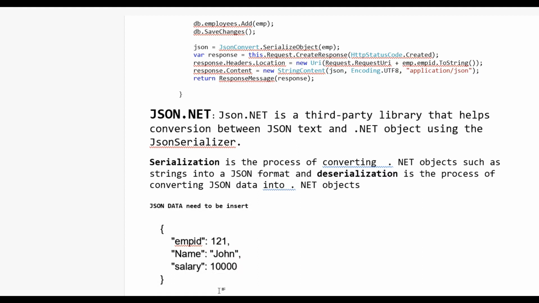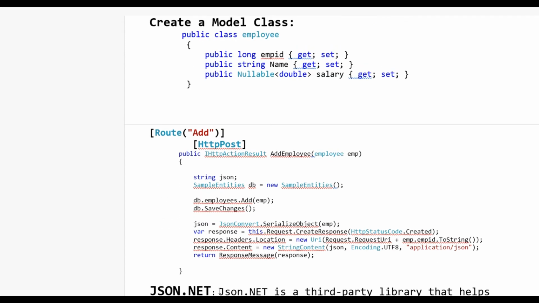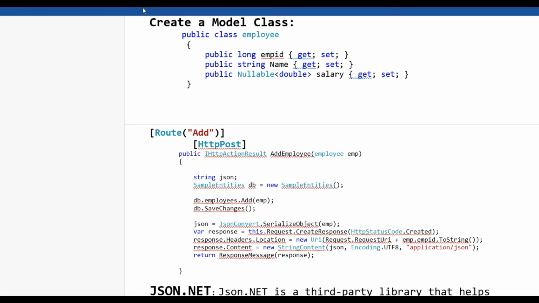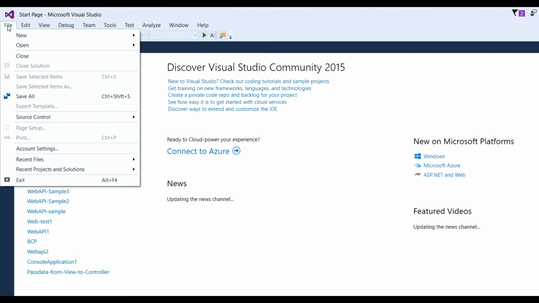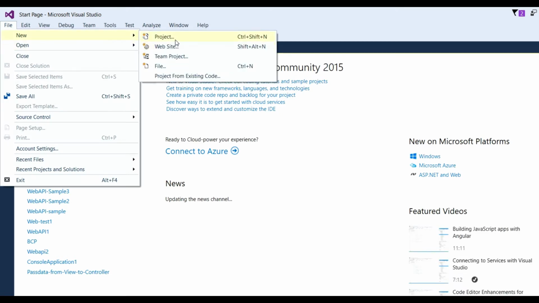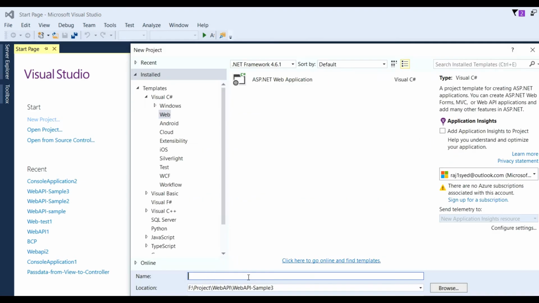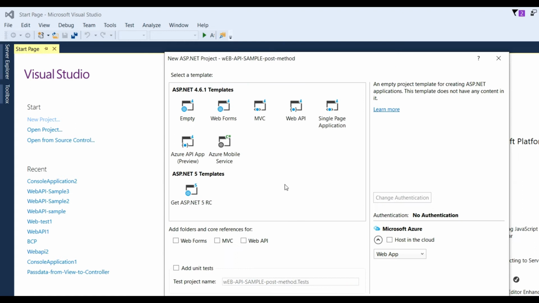Now how do we create a POST method in web API? Let us see. Open Visual Studio, go to File, New, Project. Name the project WebAPISamplePost and click the OK button. You will get a form to choose a template; I have chosen Empty and added a reference folder for Web API.